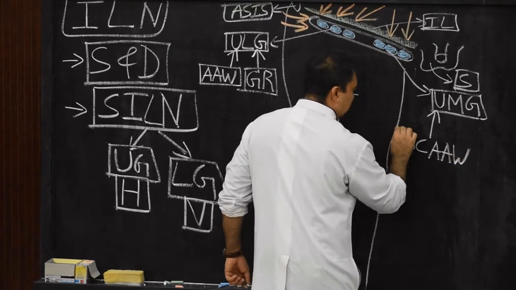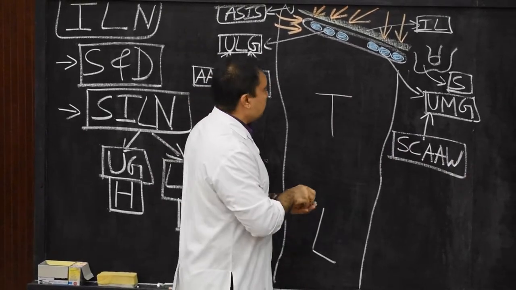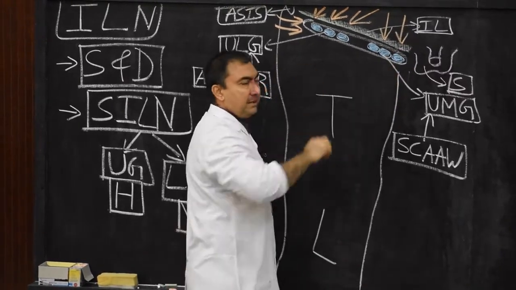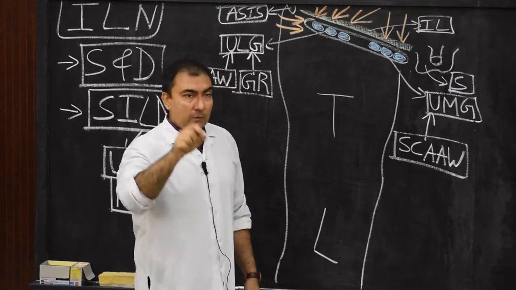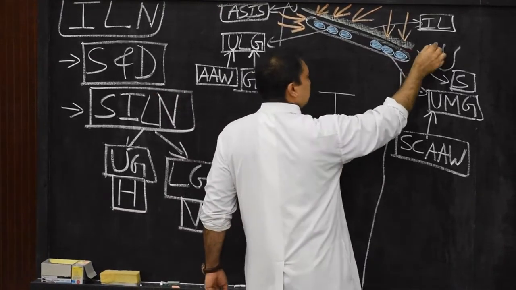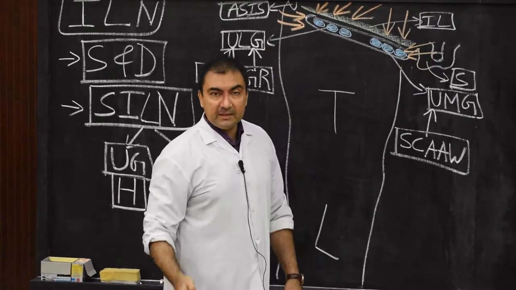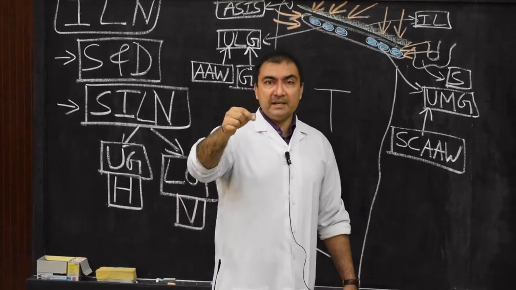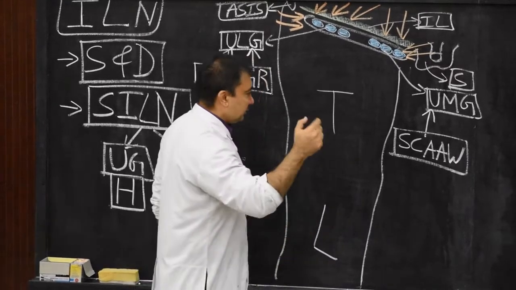Which portion? Infraumbilical portion. Number 2, the area of drainage number 2 of upper medial group of superficial inguinal lymph node will be from, very important, the penis including prepuce in case of males. In case of females, vulva and vagina below the hymen. We have to note it down. These are asked in MCQs now. That was what I was referring to.